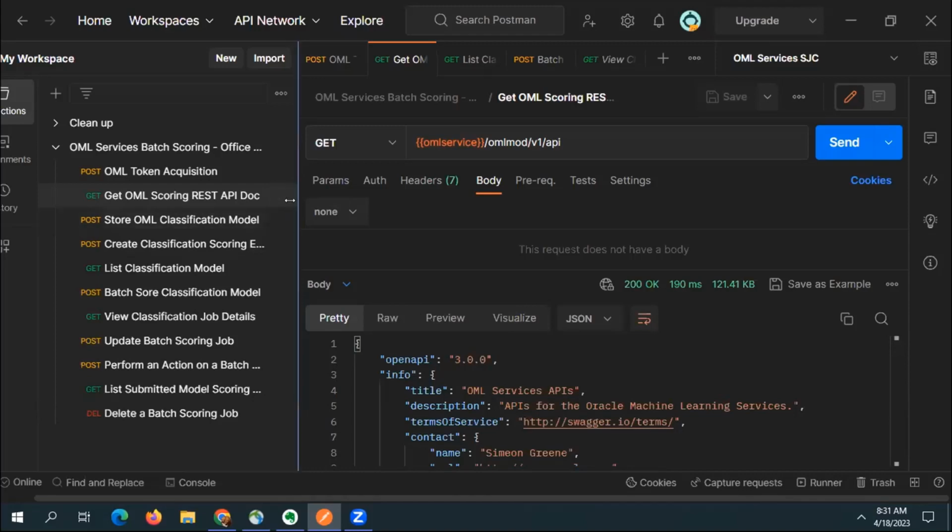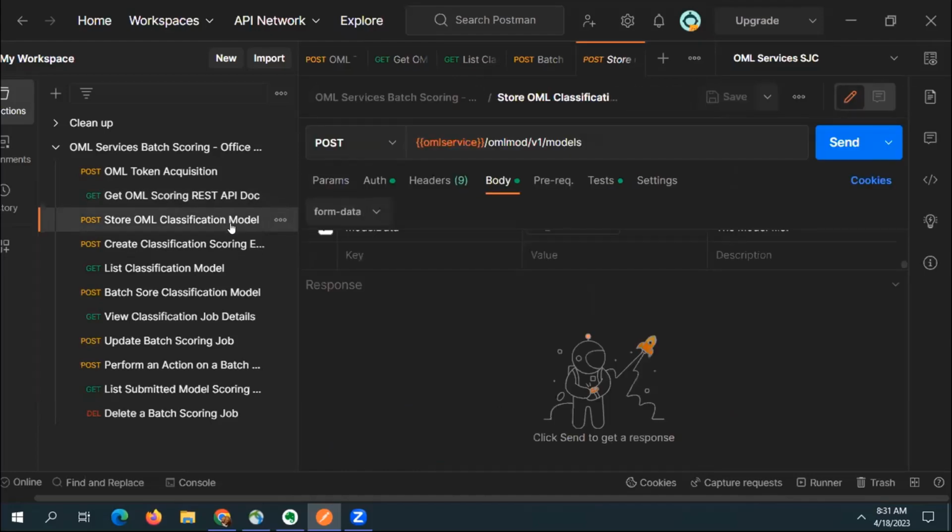So earlier I had mentioned that my model was already deployed. So there are two ways to do this. You can do this with a click in the AutoML UI, but you can also do this through OML Services REST. And here there's two steps. I first need to store the model in the OML Services model repository. And in my request body,